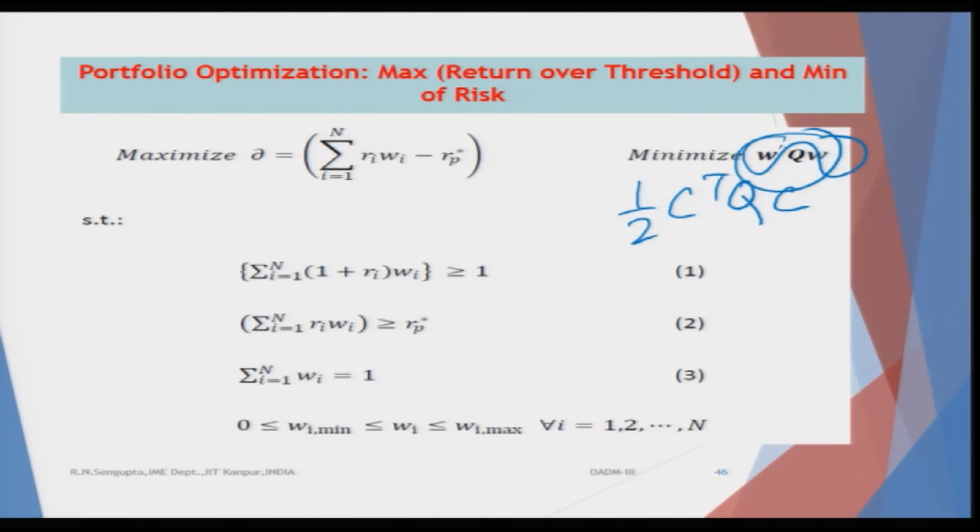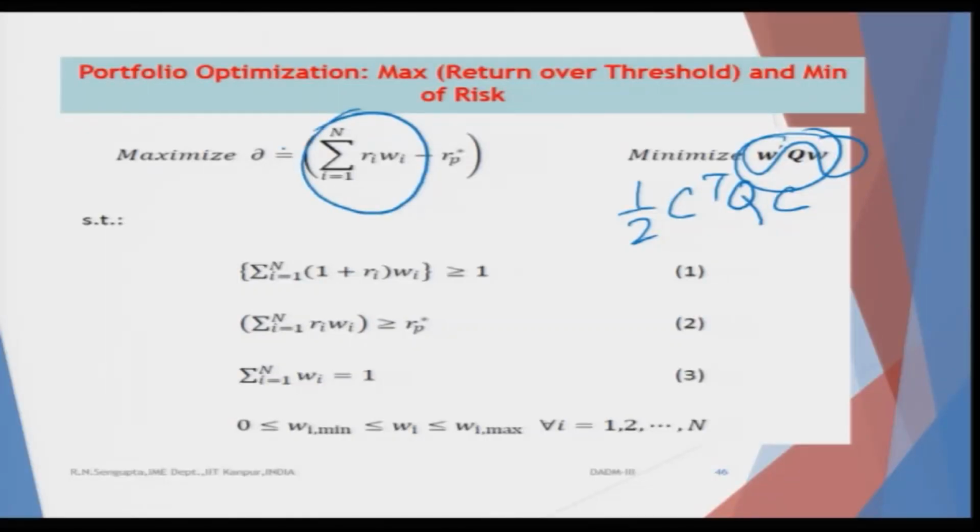And I want to basically find out this is the minimization. Obviously, risk has to be minimized, and maximization would be corresponding to the threshold value. That means there is a certain value over which the portfolio return should be. So, the threshold value is RP star, which is fixed by the investor depending on his or her utility and the market risk or the perception of own individual risk. And the return on the portfolio is given by the summation of Ri into Wi. Ri are again Ri or Ri bars depending on how you have been able to formulate the problem, and Wi are the weights corresponding to each and every scrip you want to find out.